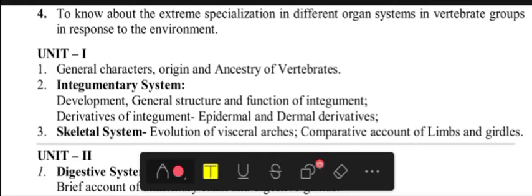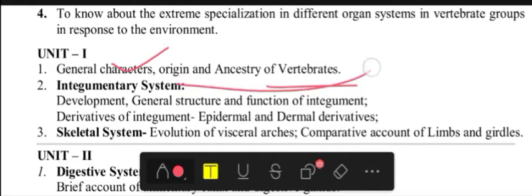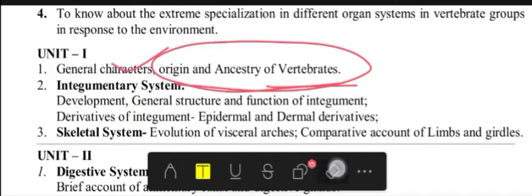So first of all, in your first unit there is a comparative account. First you have to learn about the general characters of vertebrates, and you have to see the origin and ancestry of vertebrates, कि उनके phylogenetical chart क्या है, from where the vertebrates have evolved and how their evolution proceeded. उनके ancestors कौन हैं, उनके ancestors कैसे थे, या फिर ancestors में old vertebrates और new vertebrates में differences क्या है, lower vertebrates क्या होते हैं और higher vertebrates में difference क्या है,